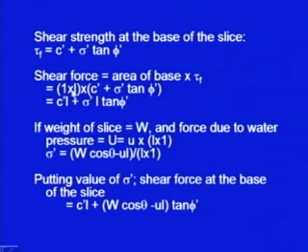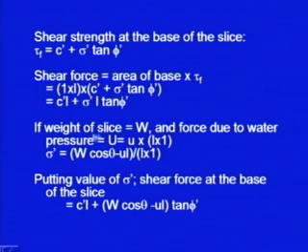The dimension perpendicular to the plane of paper is 1. So, area is 1 into L, and into this tau f, c dash plus sigma dash tan of phi dash. So, the shear force which acts at the base of this slice is c dash L plus sigma dash L tan phi dash,